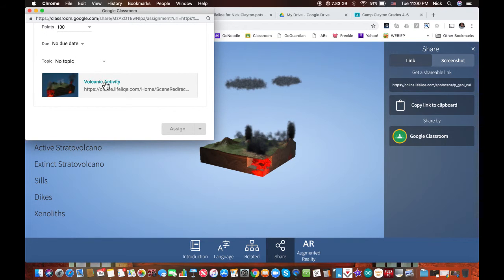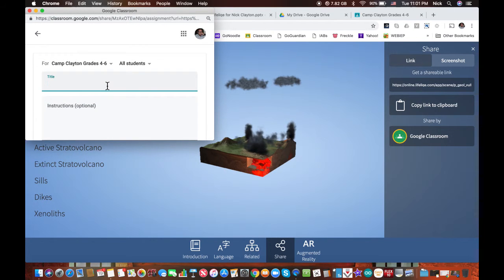You can even give points, so they can go on, look at this model, do a few things that I'm going to show you in just a second, and then turn that assignment in, and then you can give them a grade, or give them a due date, give them a topic, all working right within